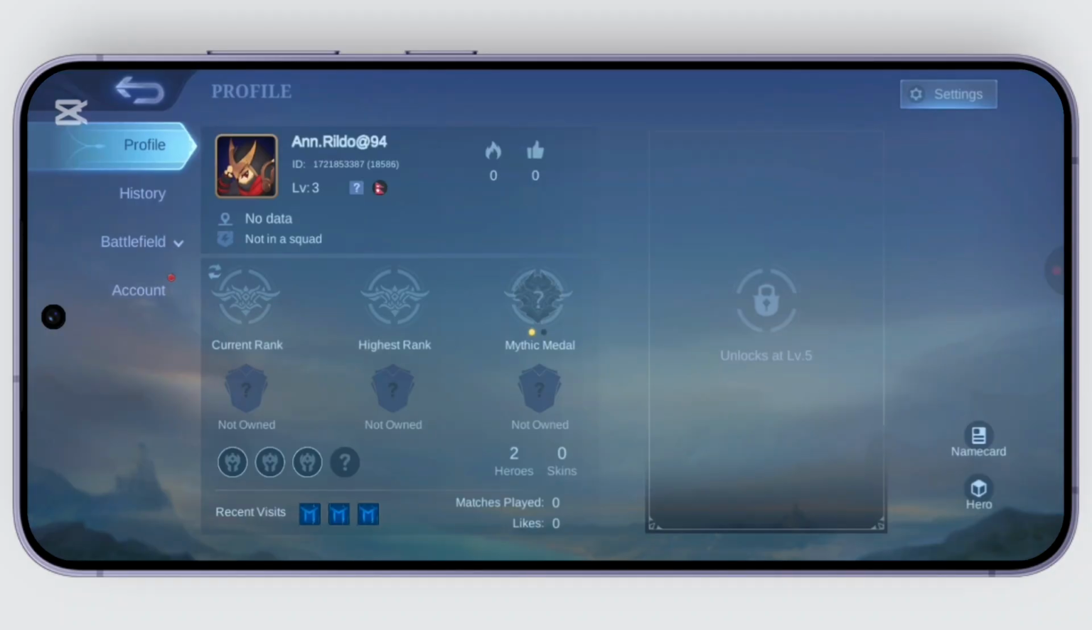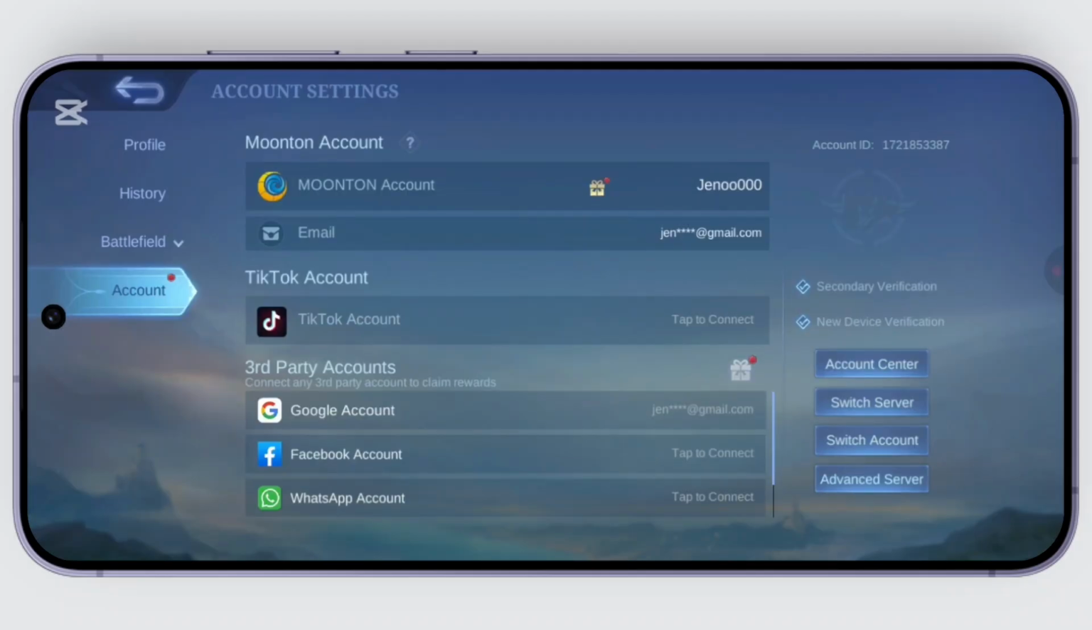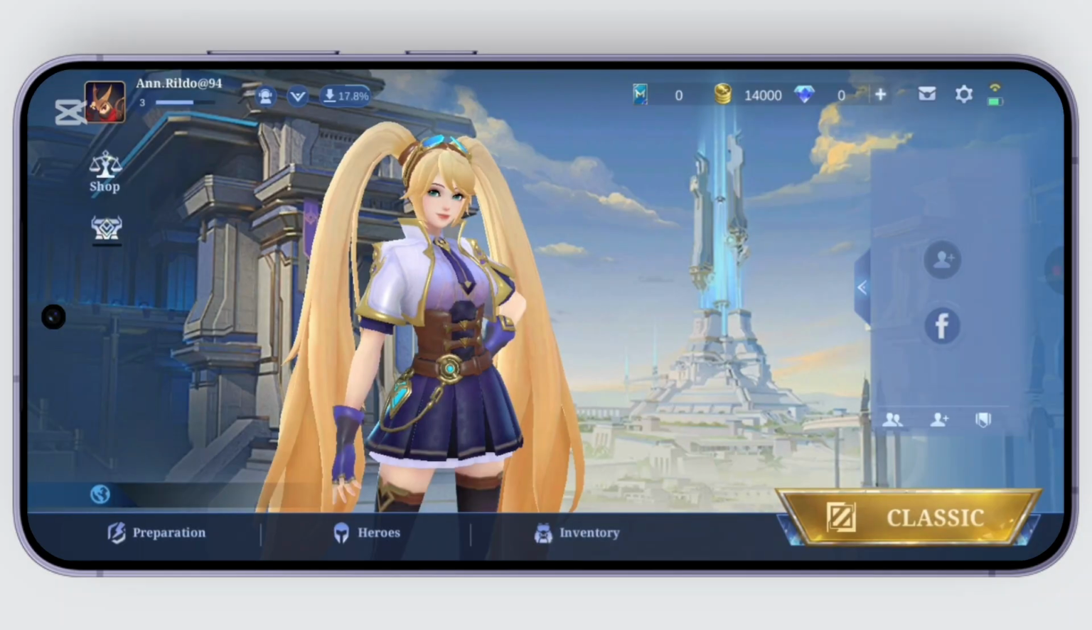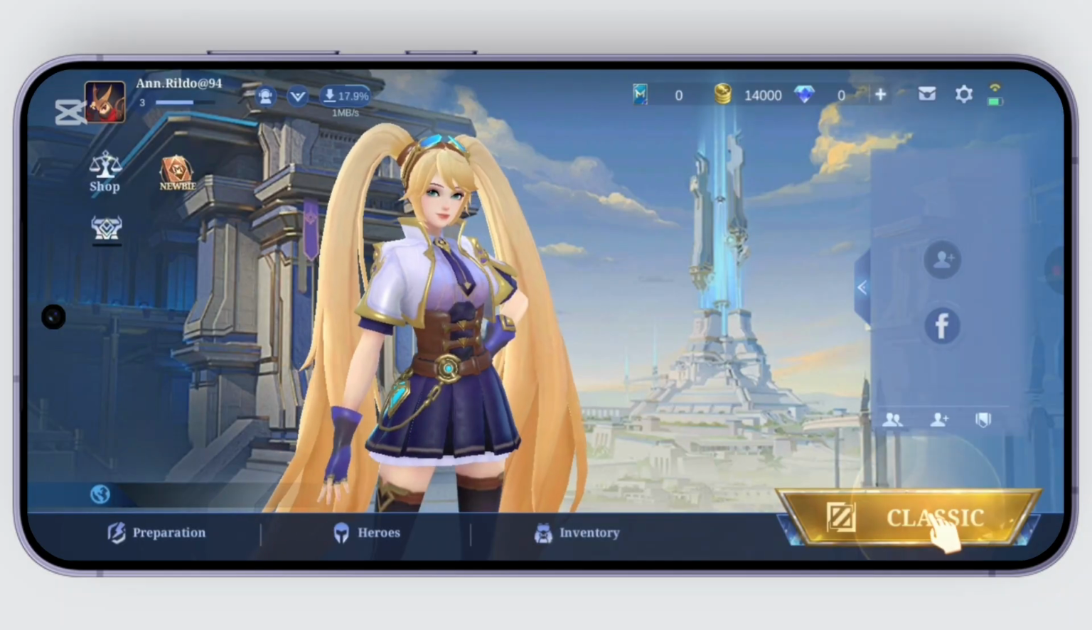So once you are going over to your profile, go over to account and then make sure your account is connected to any of the account, for example Moonton account, email, Google or anything. But if it's not connected and when you're trying to switch your account, if you're getting that kind of error message, you can go ahead and look out for the customer support of Mobile Legends